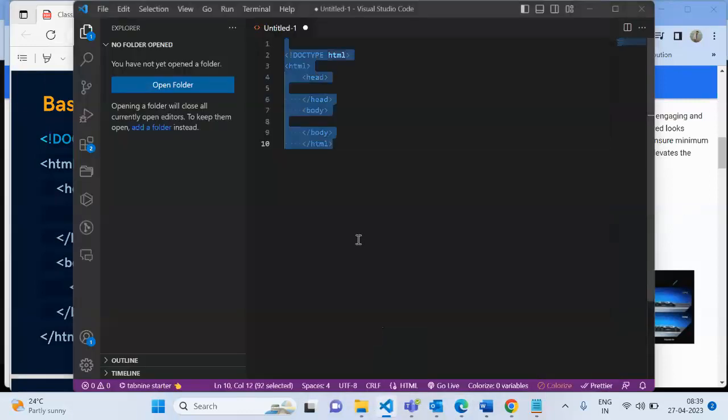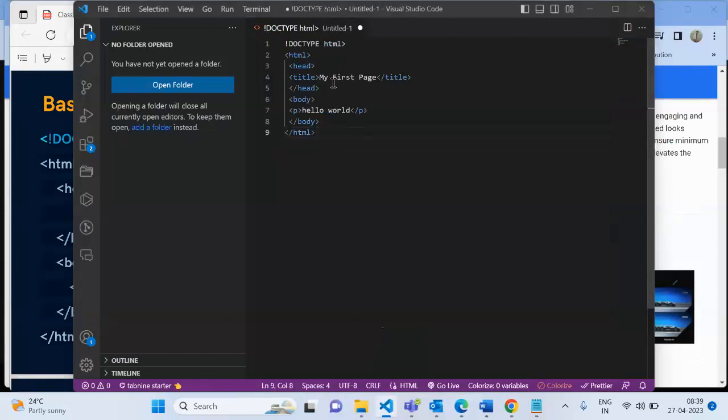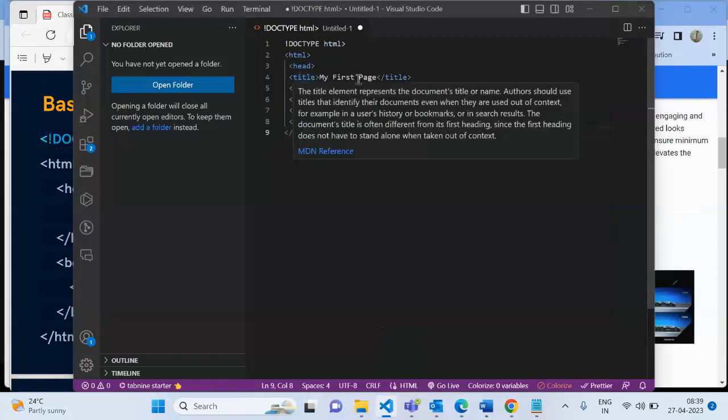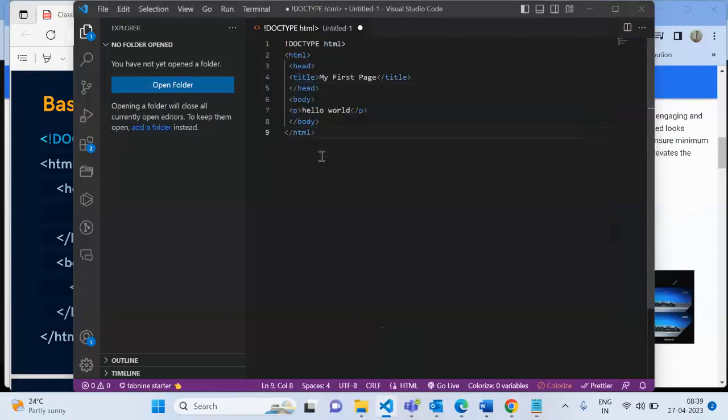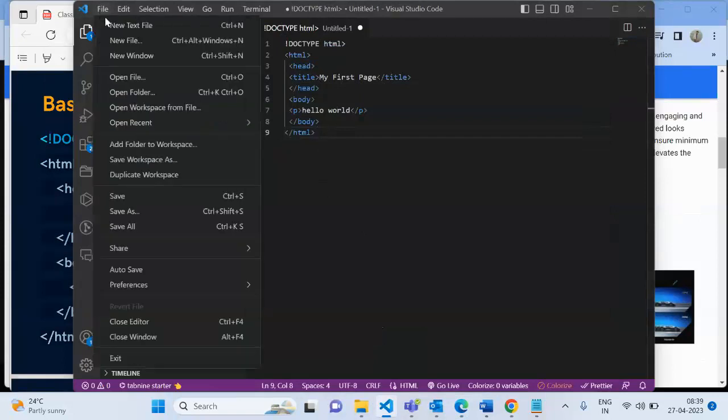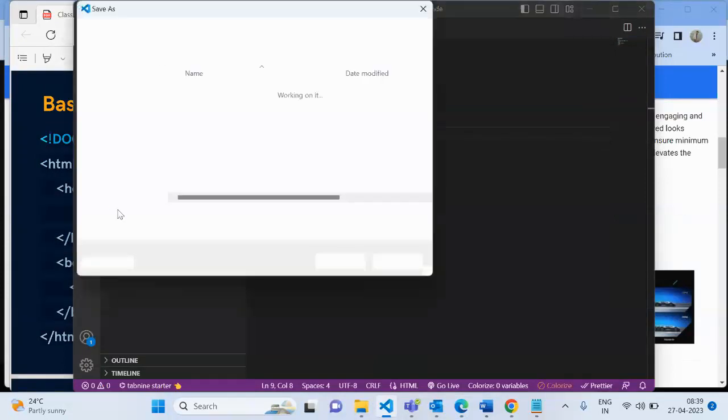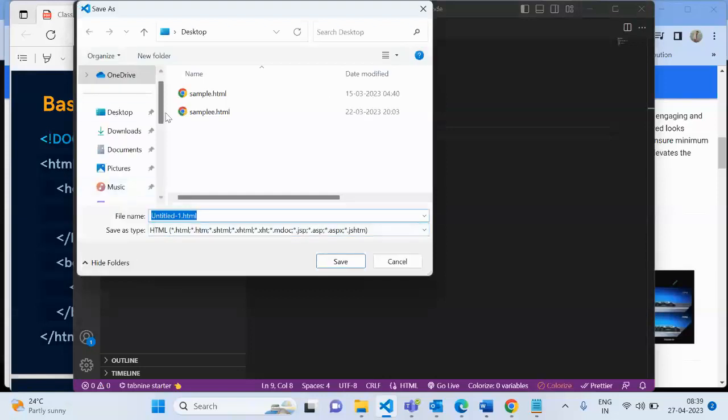So now see, now I have given here title equal to my first page, and paragraph equal hello. So I created it in Visual Code. Now what I will do, I will save. Click here, save as. Go to here, save as, and save on the desktop. Give the name of the file. What is the name of the file?